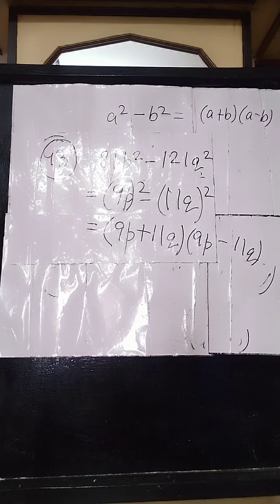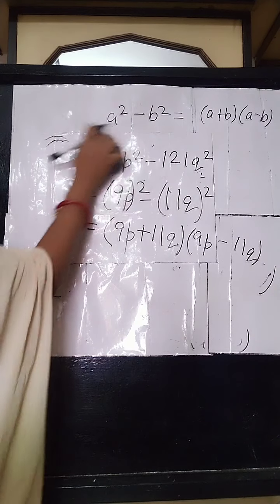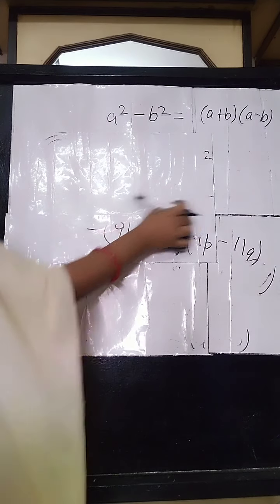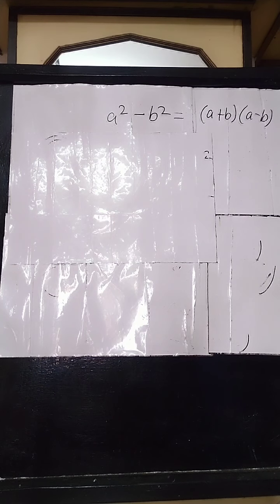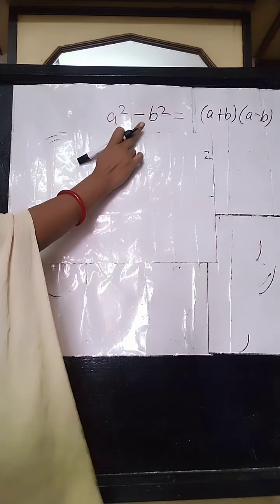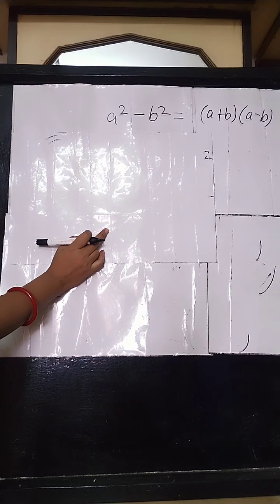Now we will do another sum which is a little bit different. That is sum number 44. Sum number 44 is a little bit different from this time. Exercise 14 contains a variety of sums. In each stage you will find different kinds of sums, but the application of the same formula.